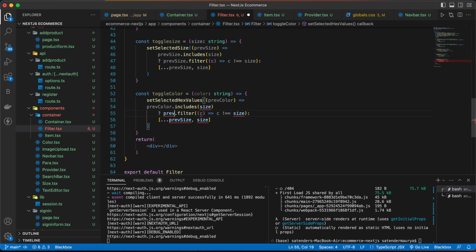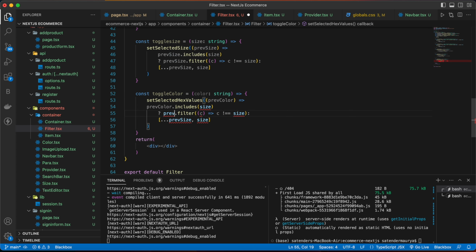Inside that, first we are going to import prisma from app/PrismaDB, and then we are going to import NextResponse from next/server, and write export async function, which will be type of GET, request, type of Request.